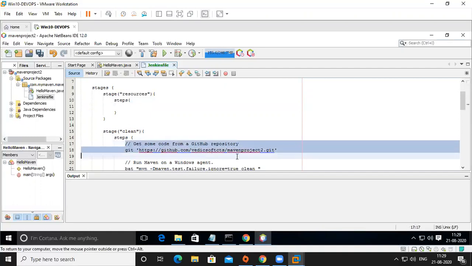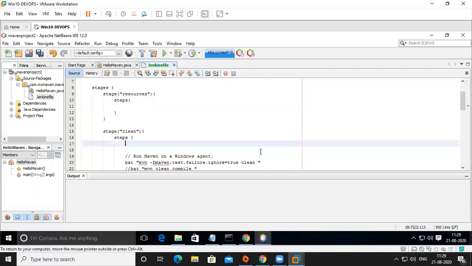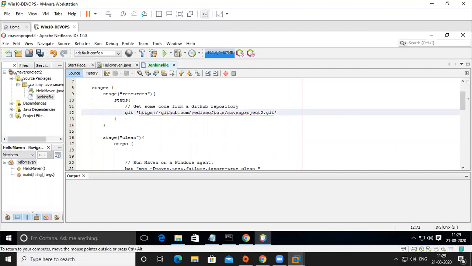Okay, get some resource code from here. So I'm going to Control X, Control V. Okay, so here this stage is completed. So this step here is resources collection. Okay, this step is completed.